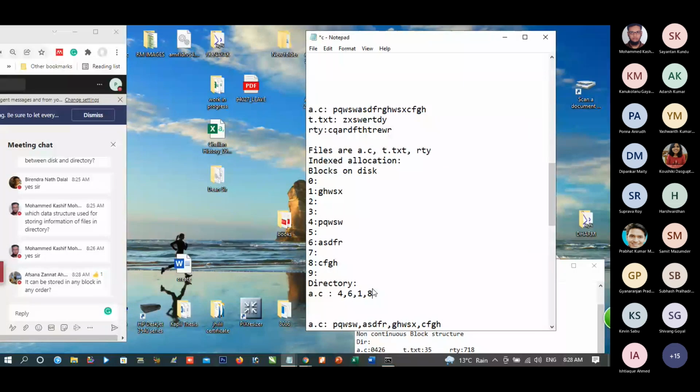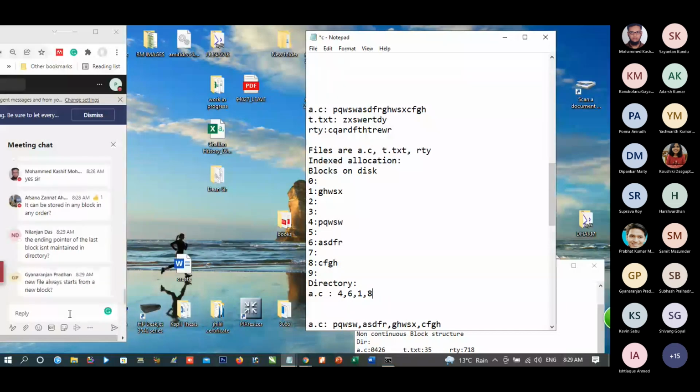Is it clear to you? Now you tell me how t.text will be stored. Tell the method how t.text is stored. Yes, a new file always starts from a fresh block.